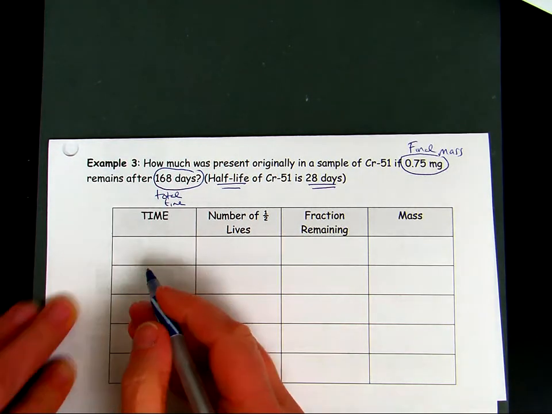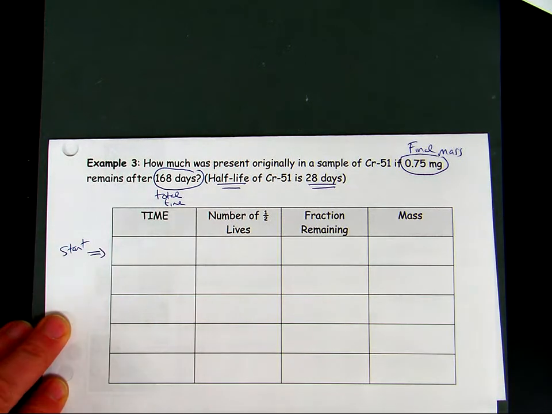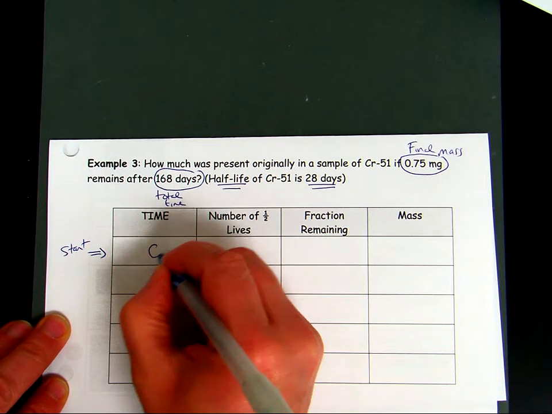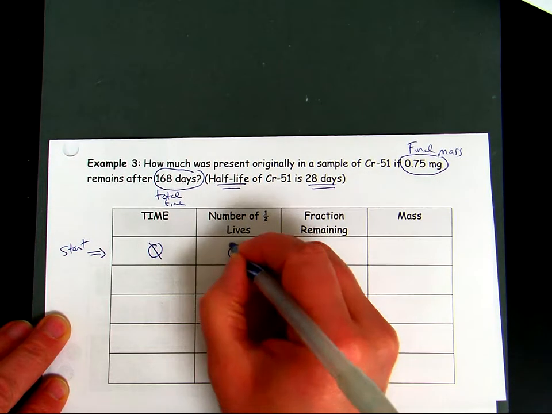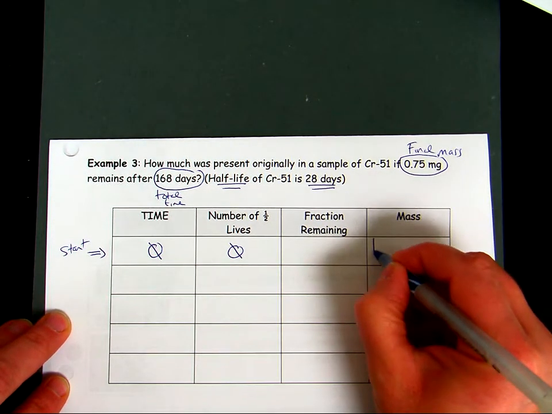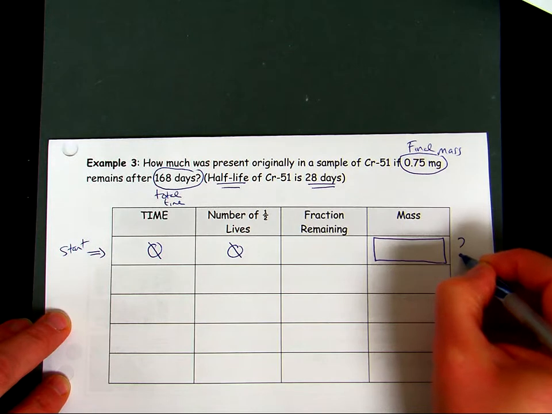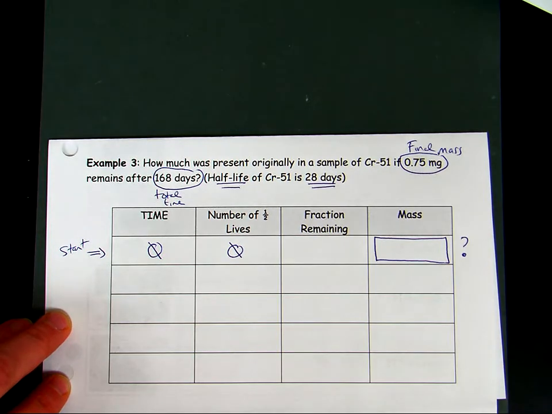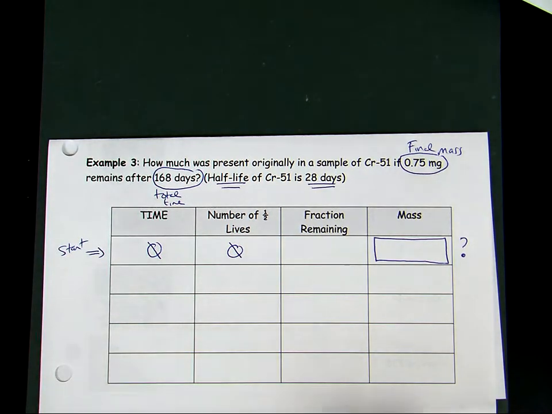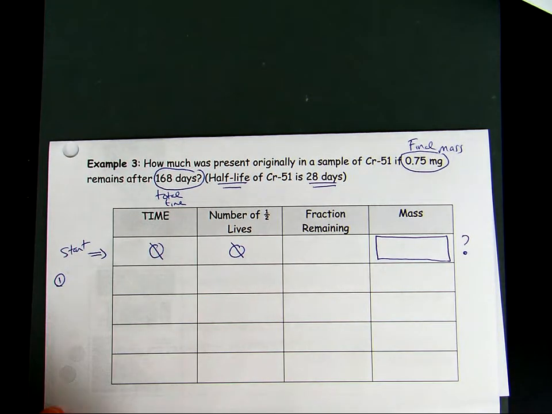Remember, in our first line, that's always our starting point. So no time has passed, 0 cycles have occurred, and what we need to figure out is the original mass. So the first thing we need to do in this type of problem, number 1, calculate